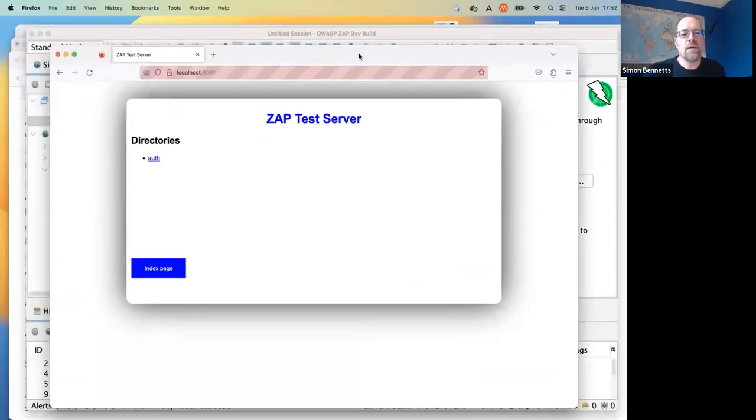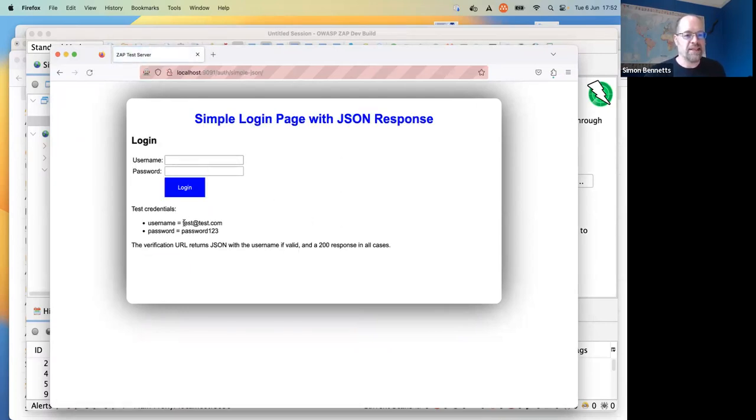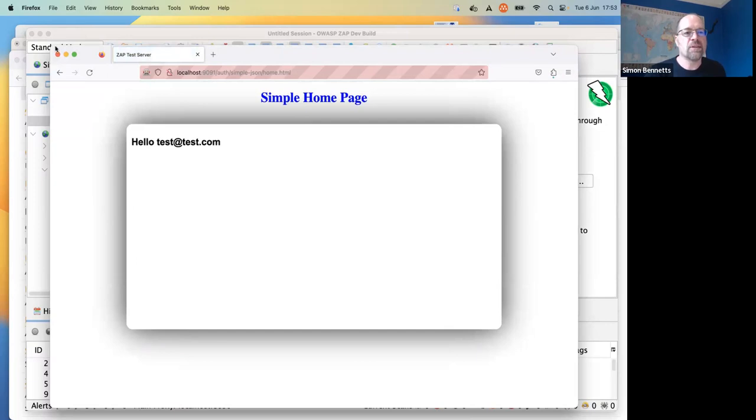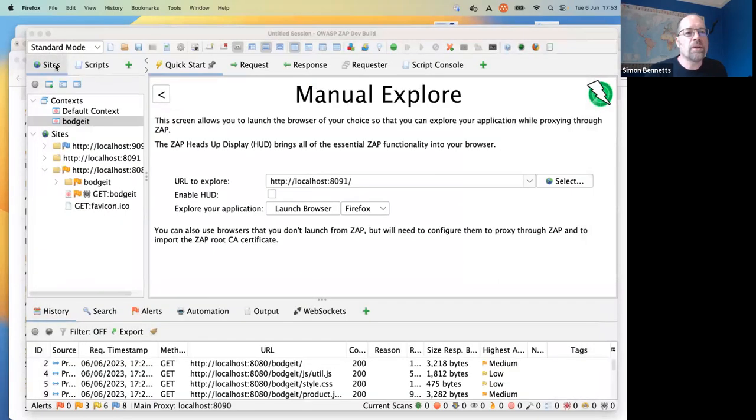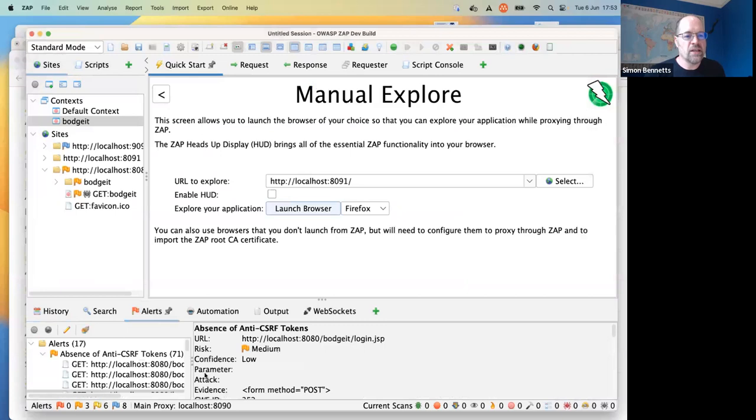So we have a new add-on, which is a development add-on. And what this does is actually has a load of different types of authentication. They're quite simple pages, but it gives you the credentials. So you can see it's test@test.com and password 123. And then it says you're logged in. Great. And what we can do is, if we actually have a look at the alerts now,